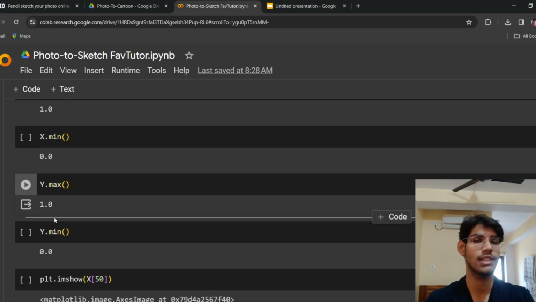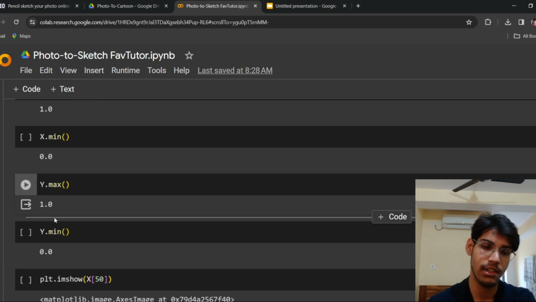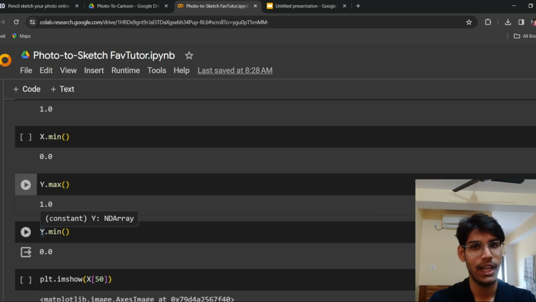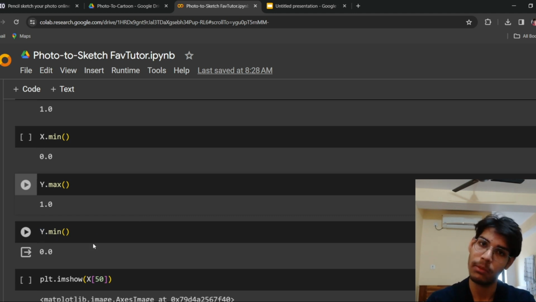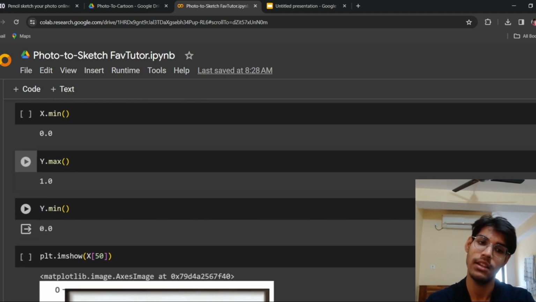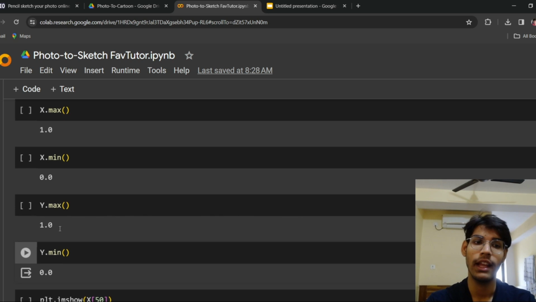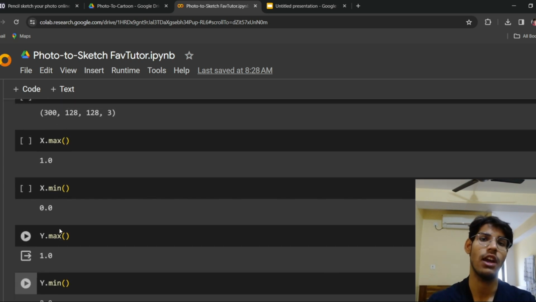Wow. So what does this tell me? Over here it tells me that all my output image pixel values are also brought down into the range of 0 to 1, correct? Now if I see what is the minimum value in our output, that I'll see by y.min, that gives me again 0, right? So my range is between 0 and 1. Perfect. Now that my pre-processing has been successful and verified, let me see